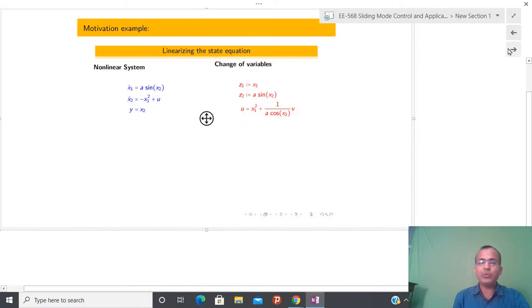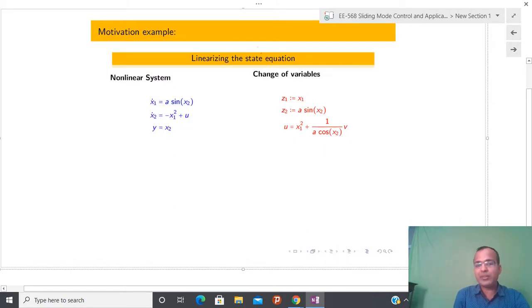After that, I am going to define some kind of transformation, and again I am telling you how this transformation comes into the picture. Please do not worry for the time being, but by the end of this lecture you will understand why I have defined z1 equal to x1 and z2 equal to a sin x2. At least I have one way to construct this kind of transformation. But since state space representation is not unique, I cannot claim that this is the only transformation able to do feedback linearization. Apart from this, there exists another transformation also.